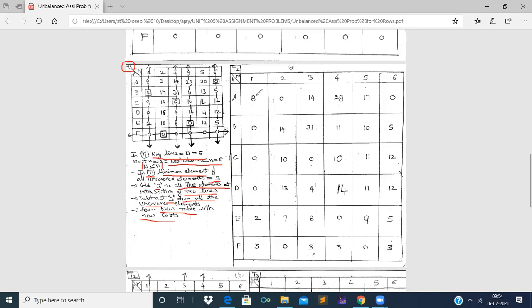Now, see here. Now, table 2 is formed. It is a new table with the new assignment cost. So, here again, what we have to do? We have to search for single 0 rows and strike off columns. And next, we should search for single 0 columns and strike off rows.